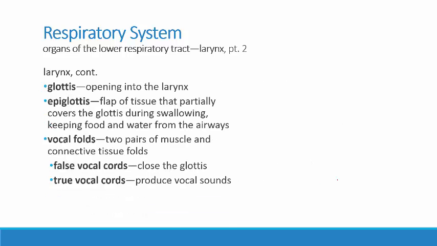Other terms associated with the larynx include the term glottis. The glottis is the hole that air goes through as it leaves the pharynx and moves into the larynx. The epiglottis is a scrap of tissue that helps to mostly cover the glottis so that it forms like a little ramp. As we swallow, it lays over, forms a ramp, and materials can make their way